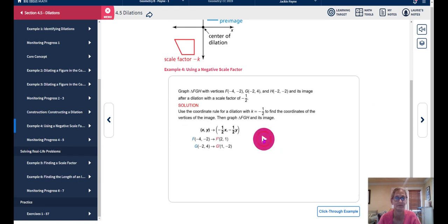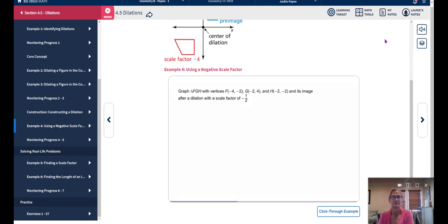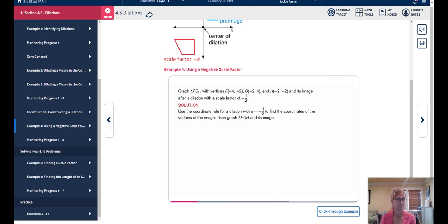So here's an example. Graph triangle FGH with vertices F(-4, -2), G(-2, 4), and H(-2, -2), and its image after a dilation with a scale factor of -1/2. Solution. Use the coordinate rule for a dilation with k equals -1/2 to find the coordinates of the vertices of the image. Then graph triangle